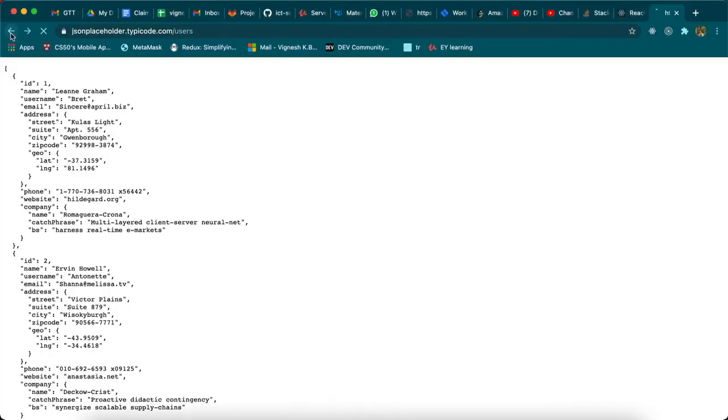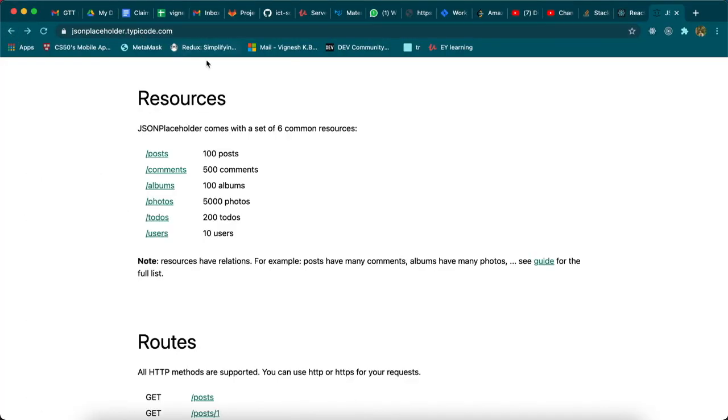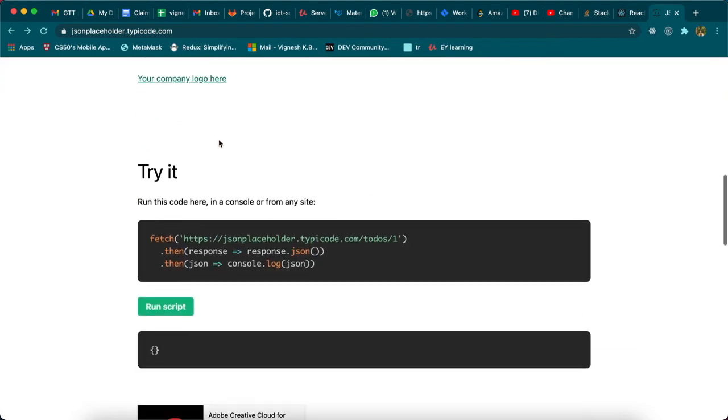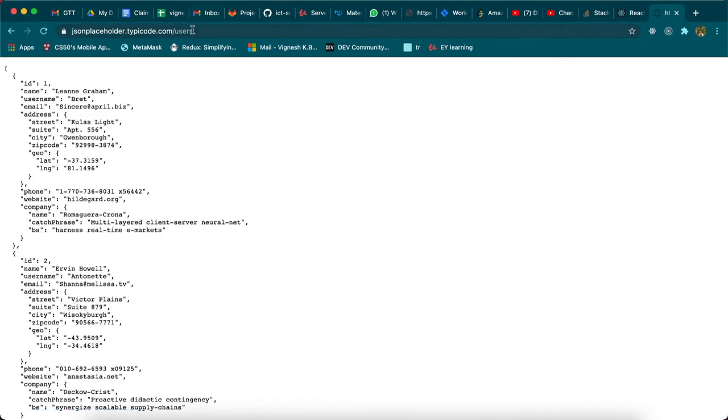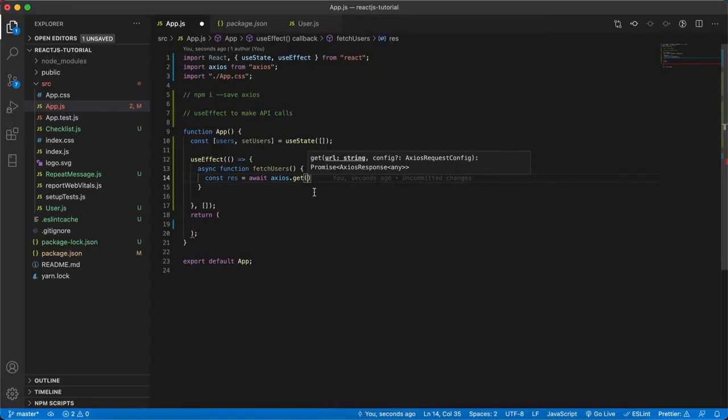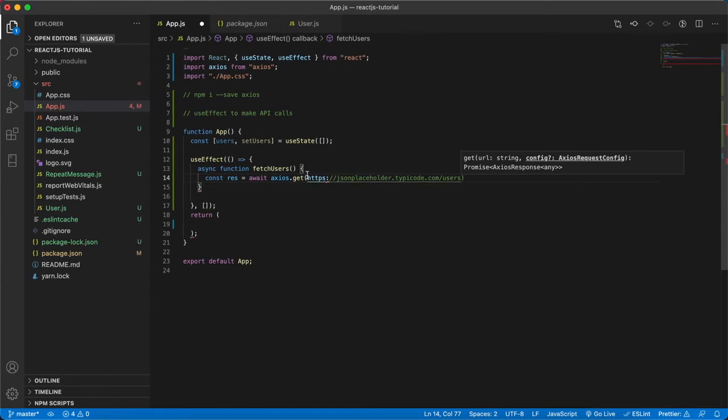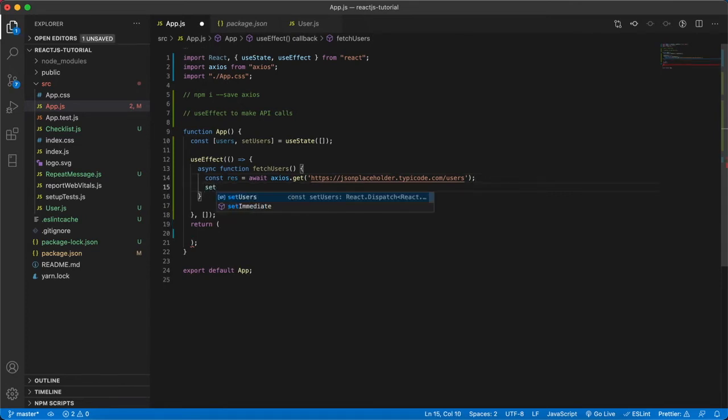If you go directly to the JSON placeholder page, you can see the list of dummy APIs listed, and you can use them from there. For now, as I said, we are going to show the list of users. I'm going to use the same here, enclose it in single quotes, and save it. Once you get the response, you have to set it to the users array.